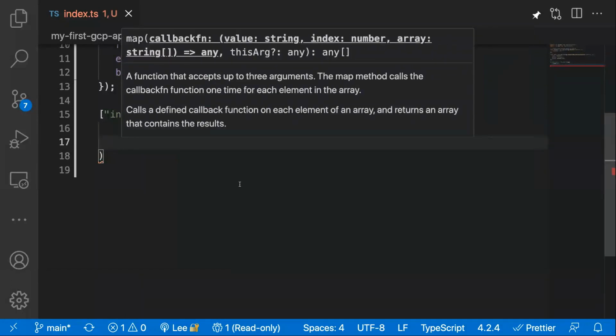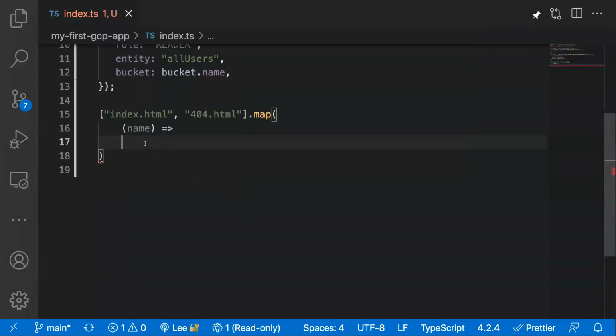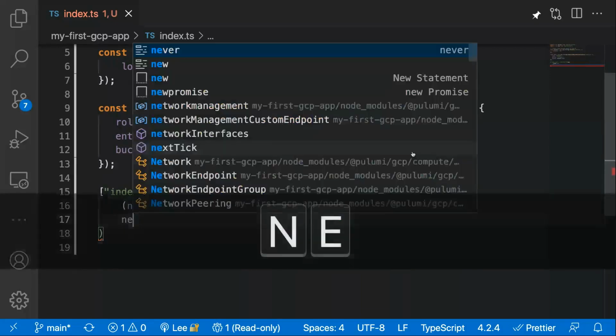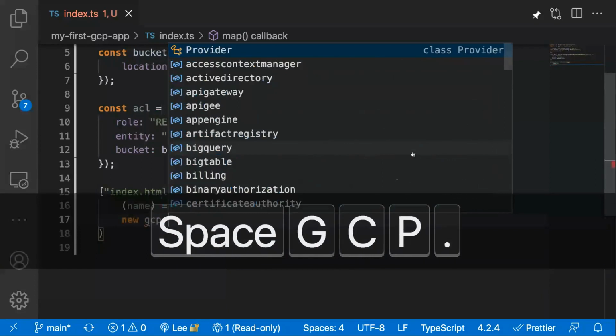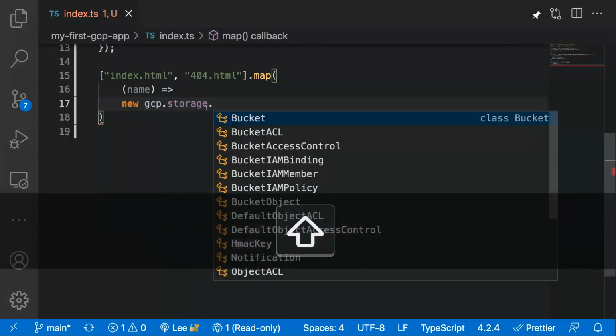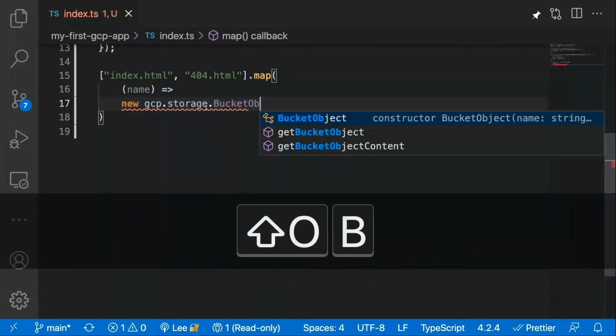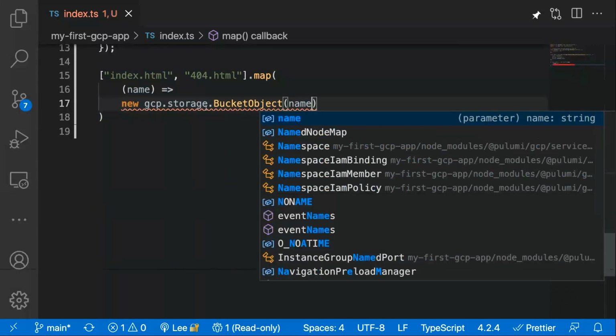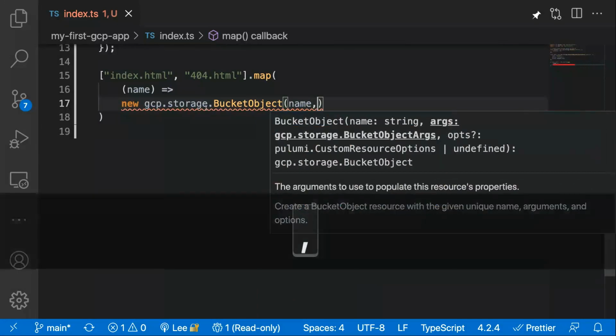And then what we can do within this loop is use the new constructor to create a bucket object for each one of these files. So we can do new GCP.storage.BucketObject, and then we can specify the name as index.html, which is what our 404, and then